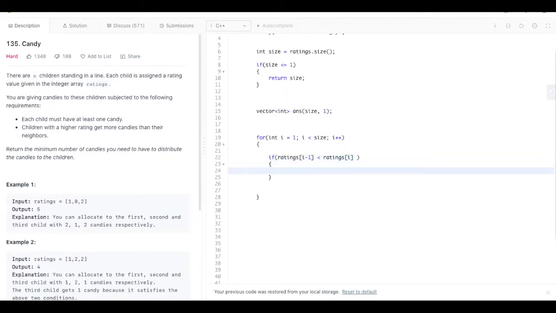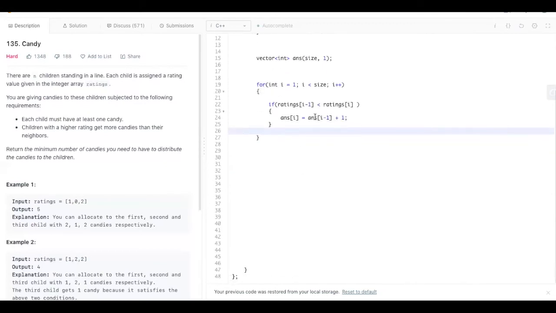At that time, we'll just be doing answer of i is equal to answer of i minus 1 plus 1. Okay, so basically if the last element has a rating less than the current element, we'll be increasing the number of candies given to the current element from the last element. Okay, that is answer of i minus 1 plus 1. So this will traverse the array